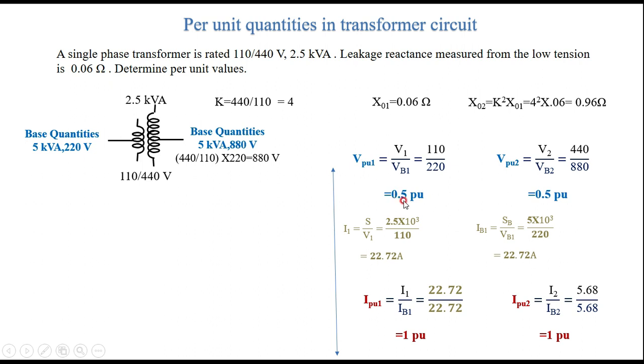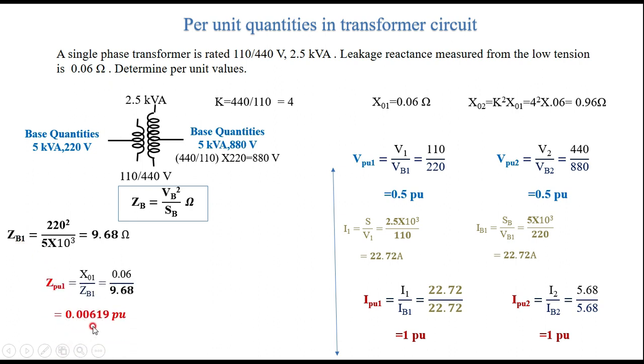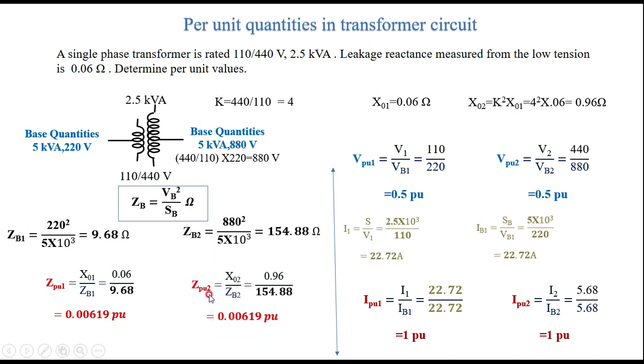What you are observing is whether referred to the primary side or referred to the secondary side, per unit voltage is same, per unit current is also same, and per unit reactance also same. That is, ZB1 I have calculated, Z per unit I am getting 0.00619. Similarly, I am calculating ZB2 and Z per unit I am calculating here. Once again, I am getting 0.0069. What we mean is, if you are expressing the quantity in per